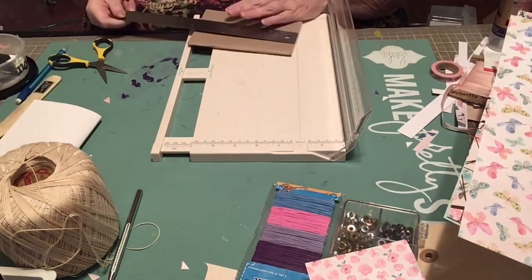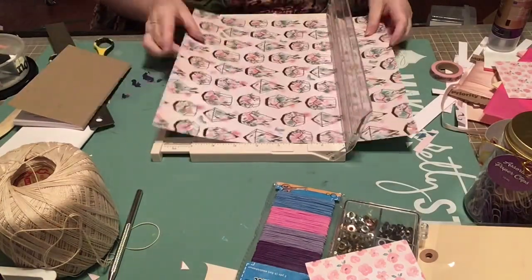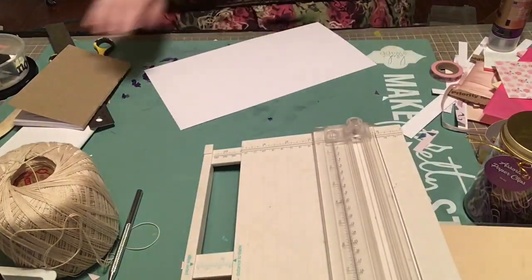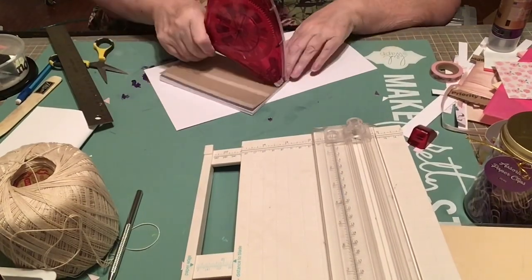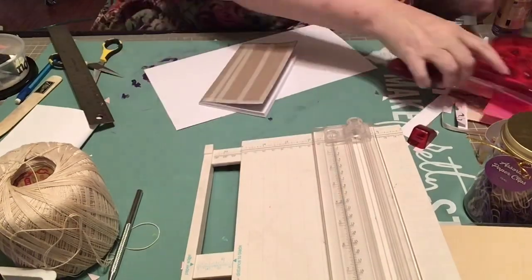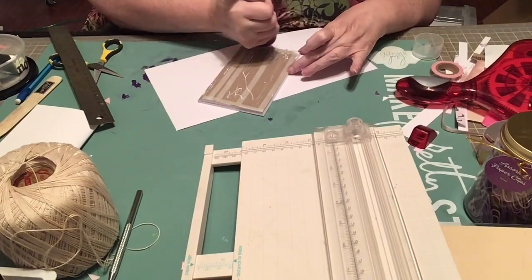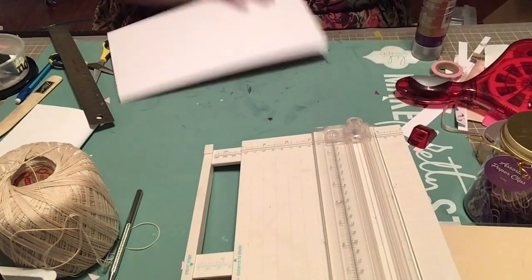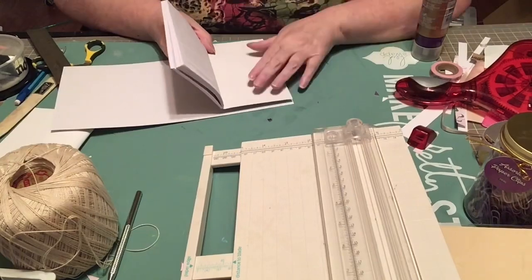And so I'm just setting up the length, which, like I said, is 7 inches on this particular tablet. So I'm cutting this to the 7-inch length. And then I'm going to take my ATG and I'm just going to put some tape onto the cover. And then I'm going to take glue and add glue in as well. Okay, and then what I'm going to do is to just take it here and I line it up